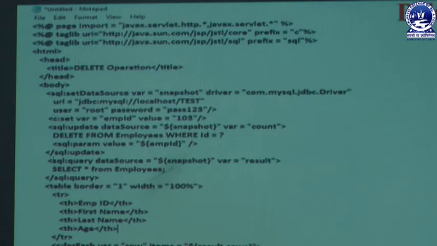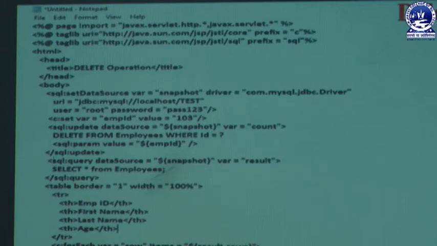It's known as a MySQL driver. Then in a similar way we are setting the URL, jdbc:mysql://localhost/test. In this way we are mentioning the data source address. Then we are setting the user with the value root, then setting the password pass123. In this way we are making a connection with our MySQL database.